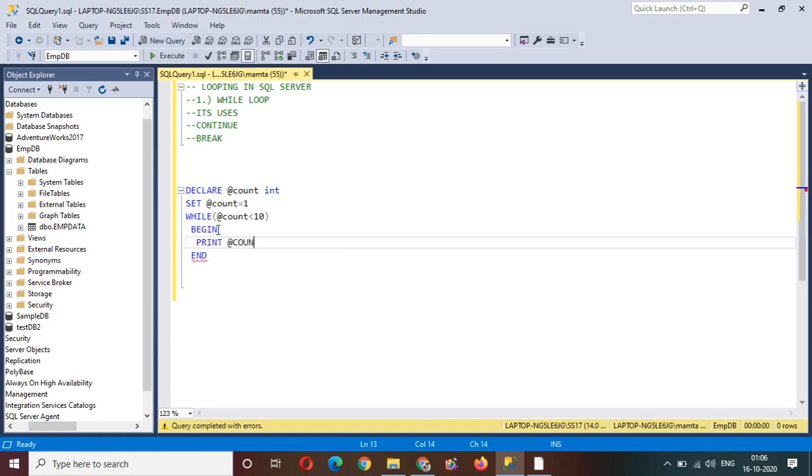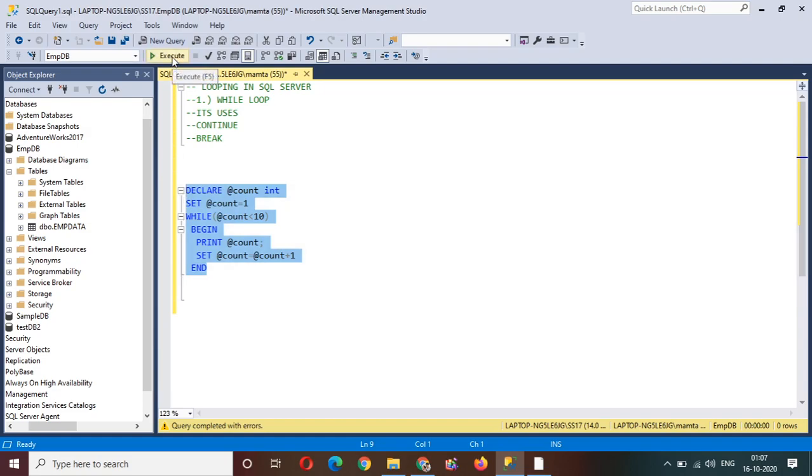I just want to print. I'm not writing any tough code here. And once it is printed, I want to increment the value. So the while loop declaration is all done. The while keyword will come first, the condition will be checked first, and then accordingly you execute the business operation or whatever query you want to execute, and then you increment by 1. This way you can create the while loop.